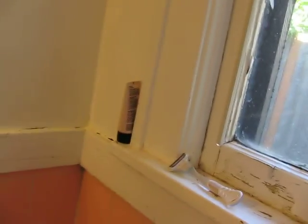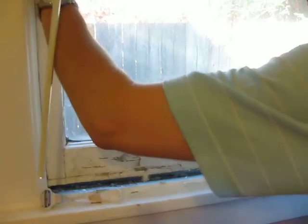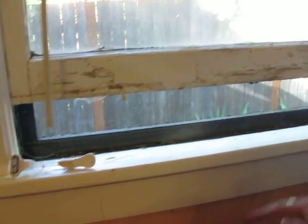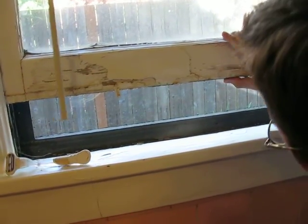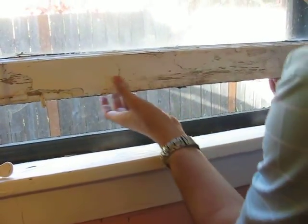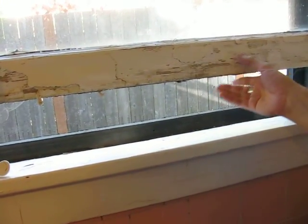Okay, and this whole thing is rotten right here. So we're talking about window replacement? Well, possibly. Needing to rebuild it. Oh, there you go. Well, it looks like it opens just fine. So that's not an issue, but the amount of moisture is to be expected with a shower. So it's not stuck from the paint, it's just stuck from the vinyl window swelling. Yeah, long term. I'm not saying you have to do it right away, but long term, whenever you get